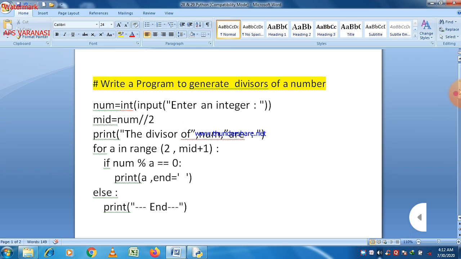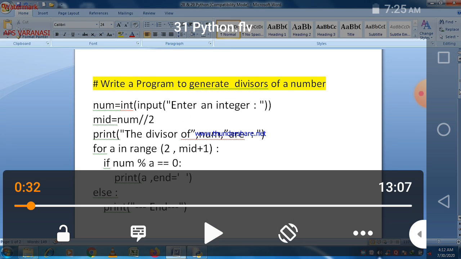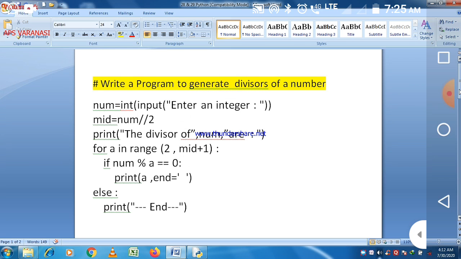For example, in the case of 6, 1 is a divisor, then 2 is a divisor, then 3 is a divisor, and 3 is also the mid value. When we go beyond the mid value, that means 4 in this case, it is not possible that 4 can divide 6 at any cost. So we just take the mid value.